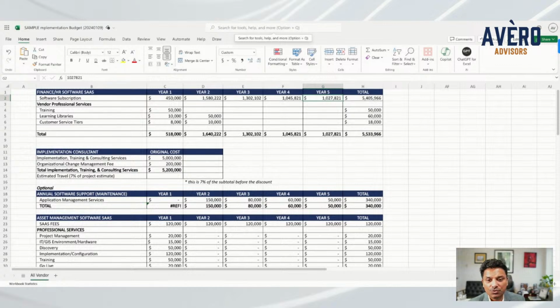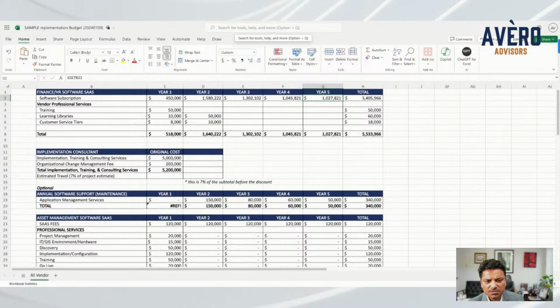Two, professional services. During implementation, do you want training from the vendor itself instead of a third party? They might have learning libraries. Like I mentioned, training is not necessarily in a classroom. It's not necessarily in a block of 1 week. It can happen on an ongoing basis, and that's where training libraries, online training systems, things like WalkMe enabled training programs are really really helpful. So, are you buying that from the vendor, and when is it going to be paid for? In this case, we're saying it's year one.